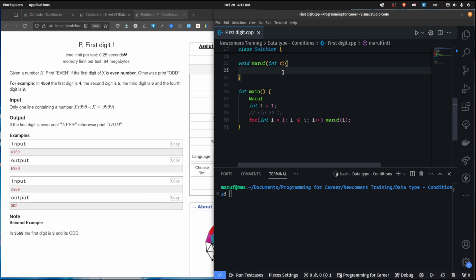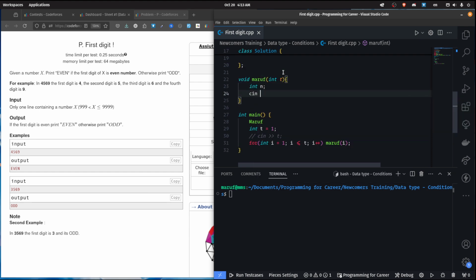So at first I have to take an input, so integer n, cin right shift n. Okay, so my input part is done, and here I just take t equal to 1. Some of the problems require test cases, so in this template I comment it out, and if test cases are required, I just uncomment it, and this works as I want. For this problem I just take the variable n from the user, and I have to